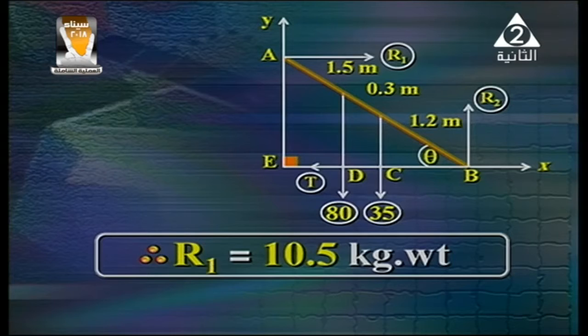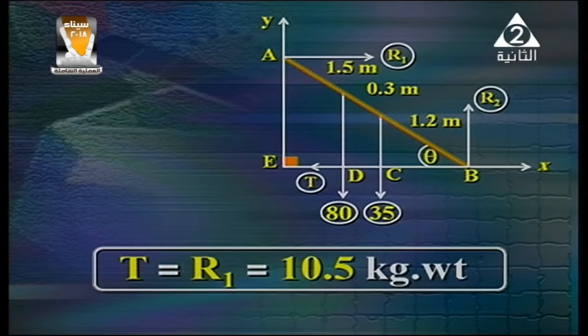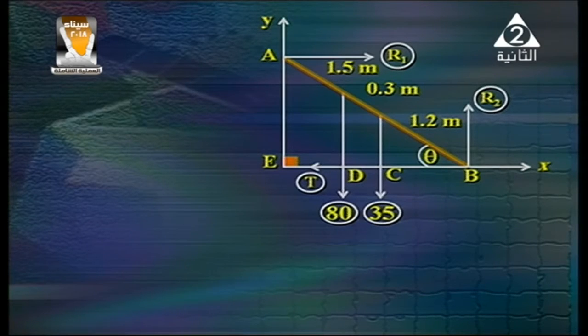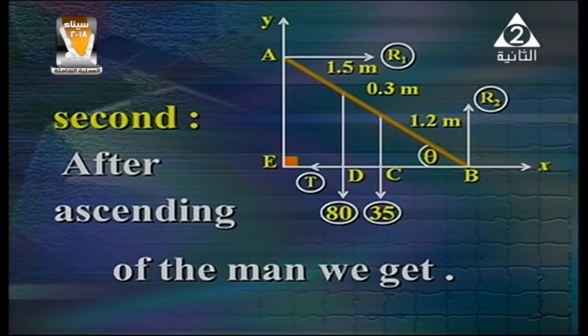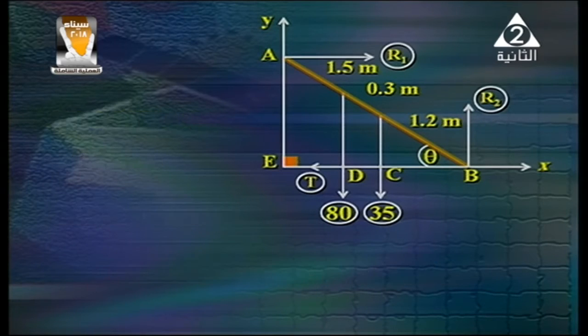Then we find the moment at point B equals 0 to find the value of R1 equals 10.5 kilogram weight. Then we have R1 equals T equals 10.5 kilogram weight. After the man ascends, we get moment at B equals 0. We find